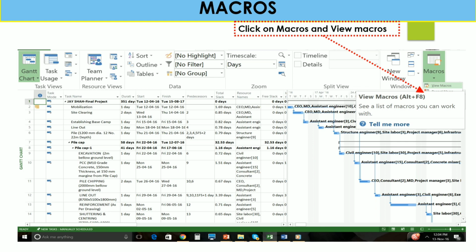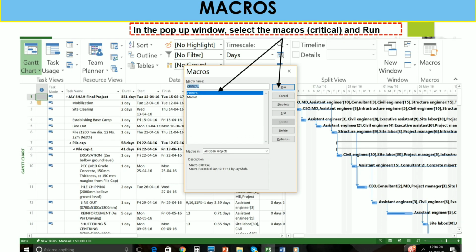Now here you can start viewing your macros. Click on Macros and View Macro. Here you can see the name Critical, which we already renamed, and then click on the Run button.